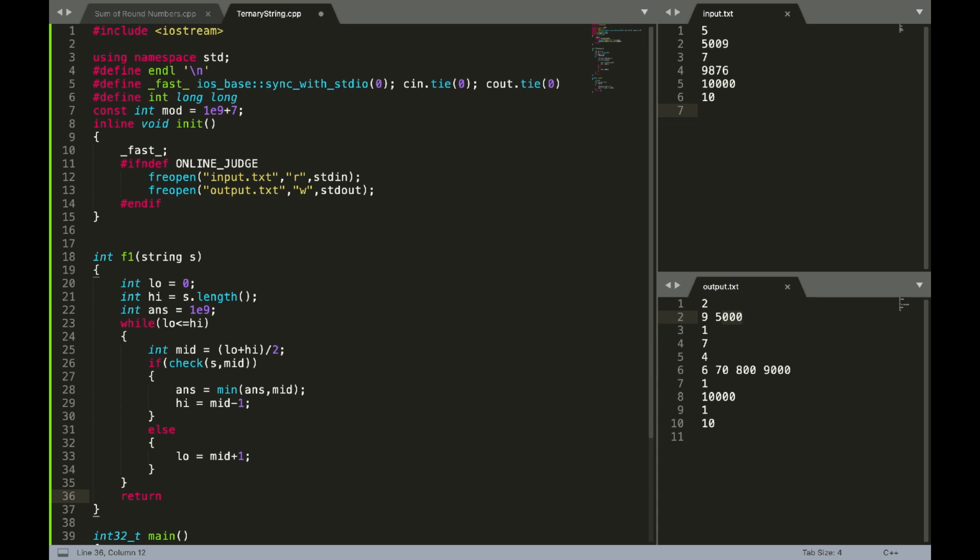Also I have to check if my answer has not been changed in this entire binary search. This means I can't get a substring which is having at least one 1, 2 and 3. We can see a test case of 3, 3, 3, 3, 3, 3, and in this I can't get any substring having 1, 2, 3.